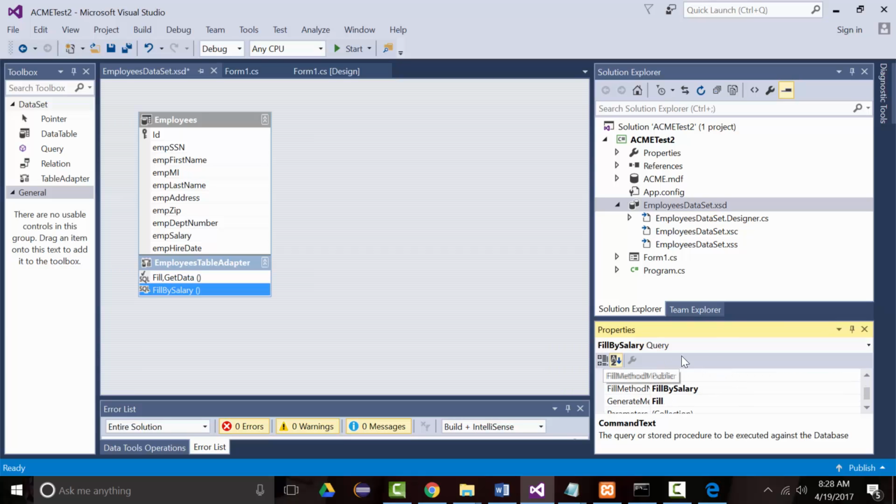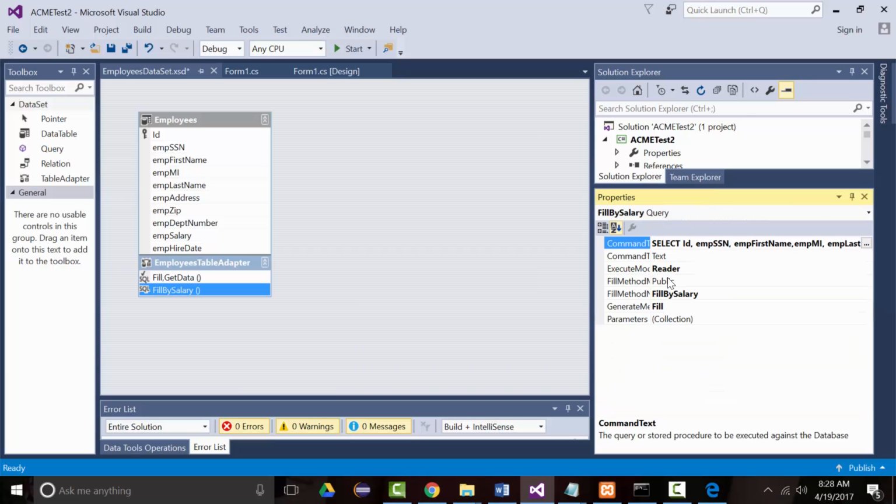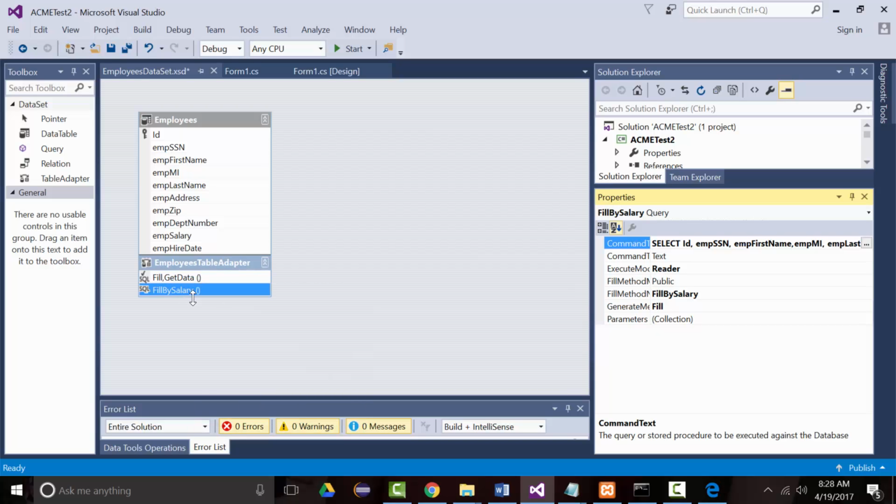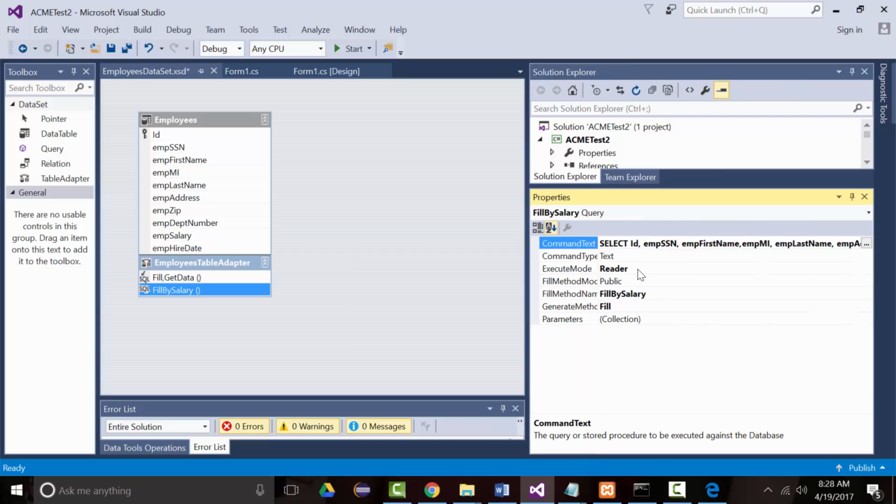All right. Now, a couple more things that are in here that I want to mention to you. This right there, what I just clicked on, the fill by salary, here, these are its properties. So you notice it doesn't have many. The command is what we just filled in. That's our query. All right. And then notice it says execute here. It says execute mode. And it says reader, which means it's going to show me that information, but I can't change it. So for lack of better words, it's in a read-only mode. Okay? It's automatically public,